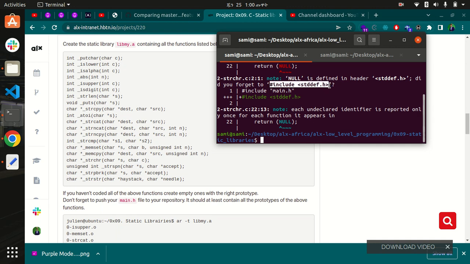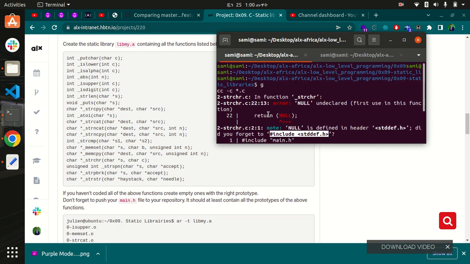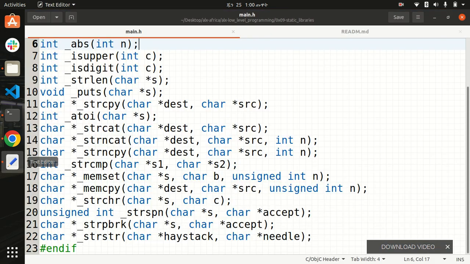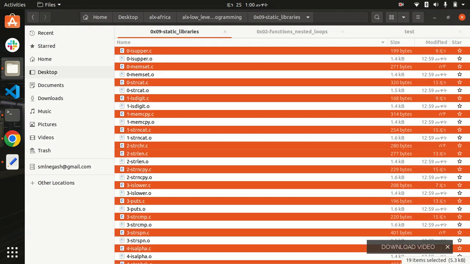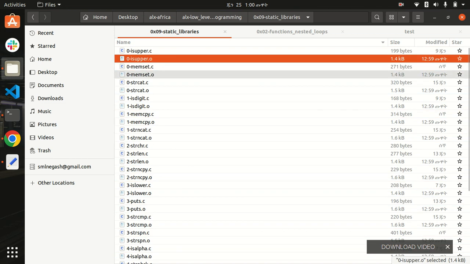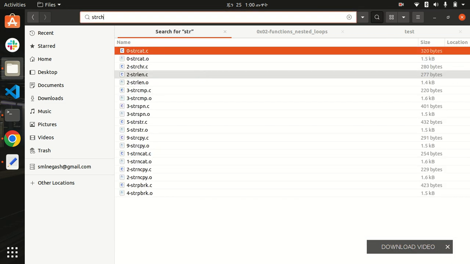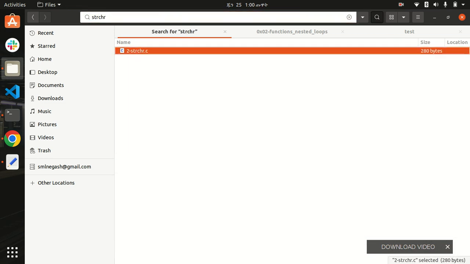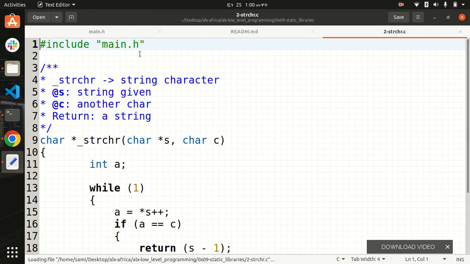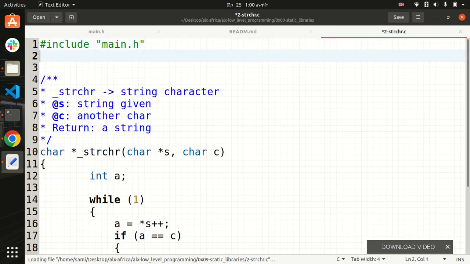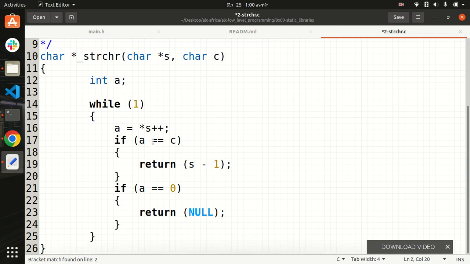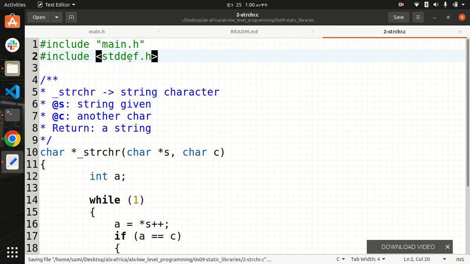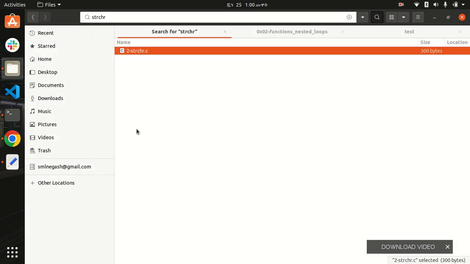Let's include this in our strchr file. So I'm going to come here and find the strchr file. I have used NULL, but I haven't defined it, so I'm going to save this